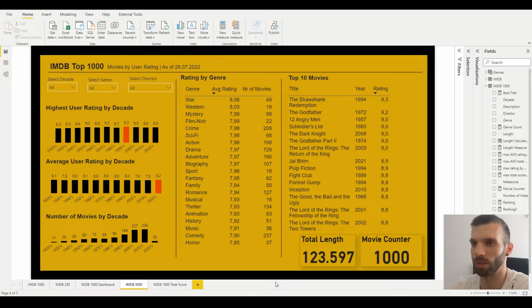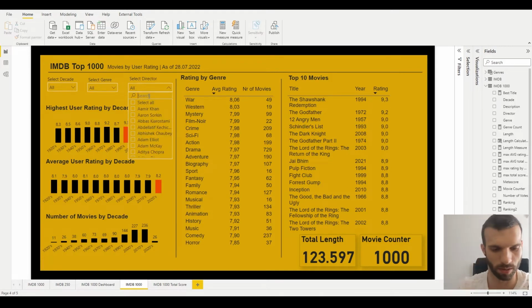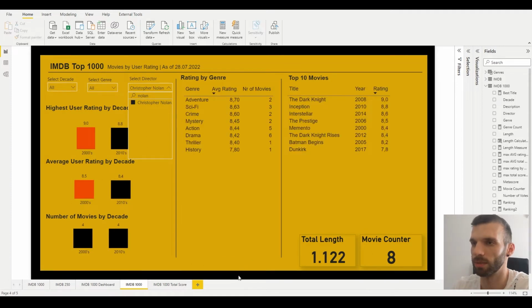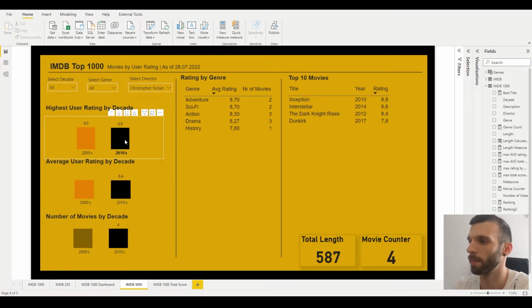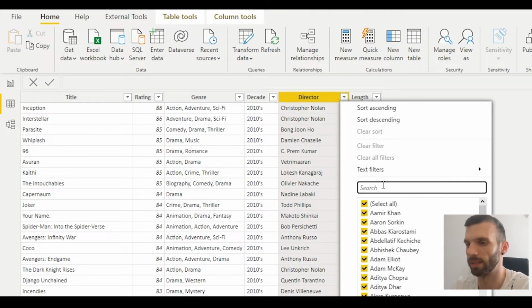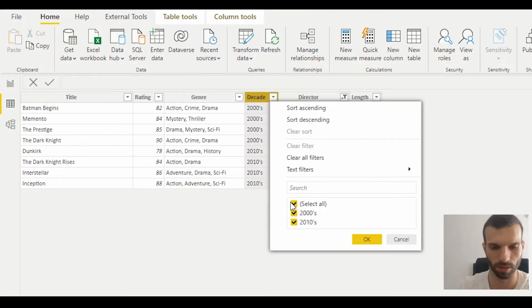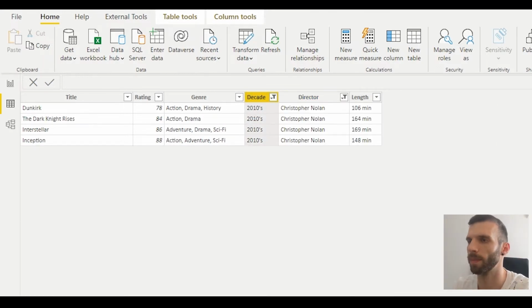Let's set some filters on the report. We select the director and we select only the movies of the 2010s. As you can see, the movie counter dropped down to 4 movies with a total length of 587 minutes. And the filter table looks like this. The SUMX function iterates over each row, calculating the sum of the length in the given row and aggregating it